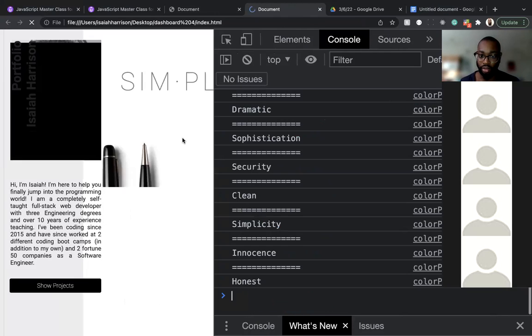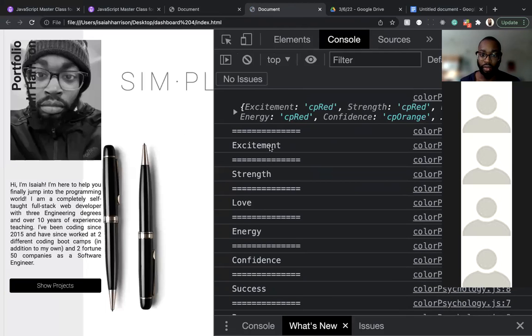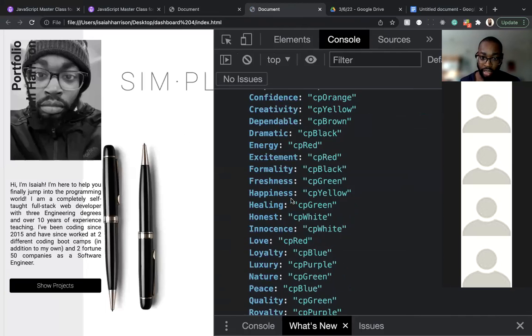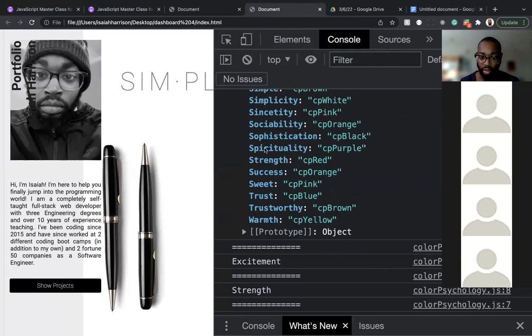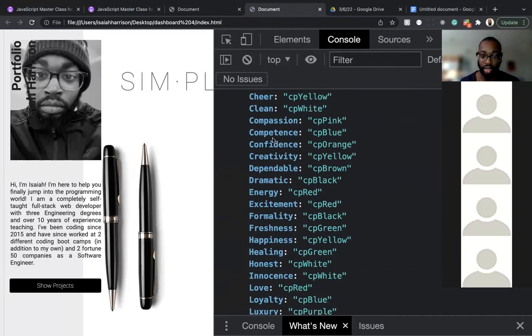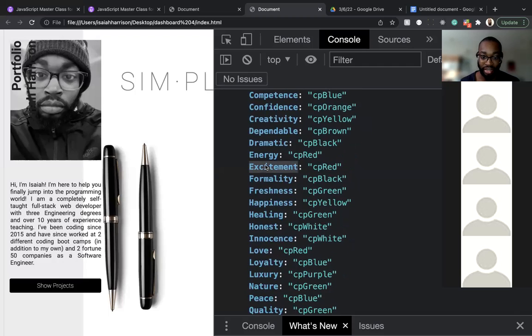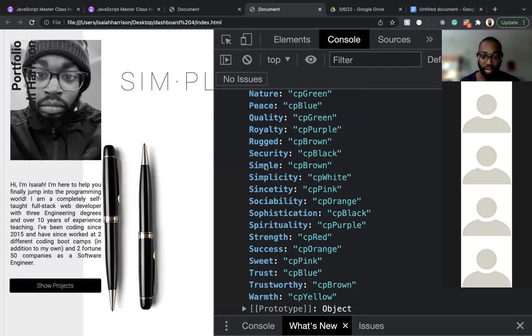So I'm going to refresh this and we get all of the keys. So inside of this object, we can see that the keys are here, like it says excitement, strength. This isn't alphabetical. It looked like it rearranged it. Excitement here, and then